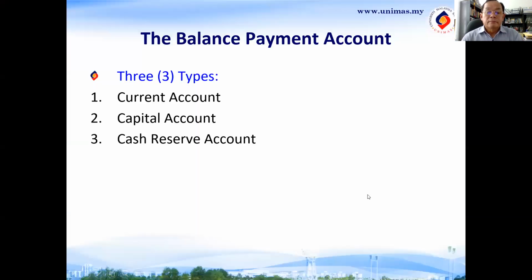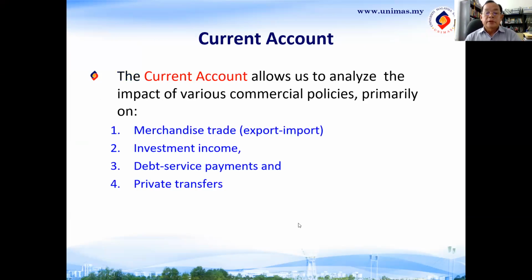Okay, so first of all, the balance of payment. There are three types of account. The first is known as the current account, ataupun account semasa. Then the second type is the capital account, ataupun account modal dalam bahasa Malaysia. And the third one is the cash reserve account, ataupun dikenali sebagai reserve lah. Right? So for the current account,